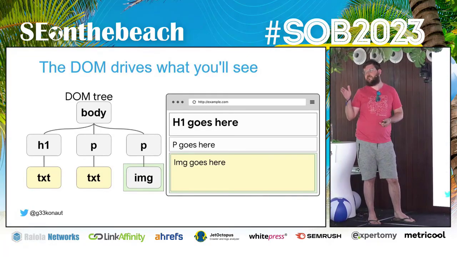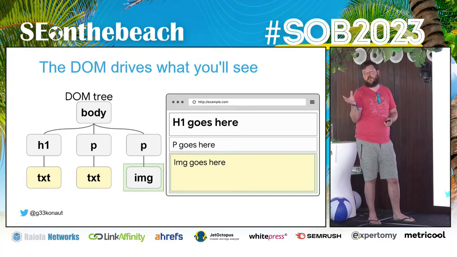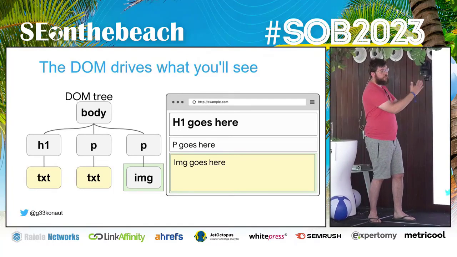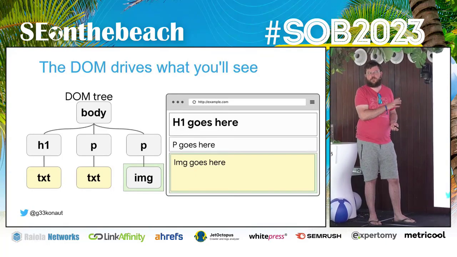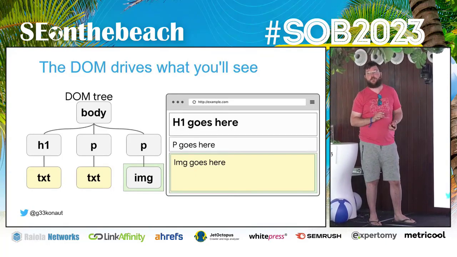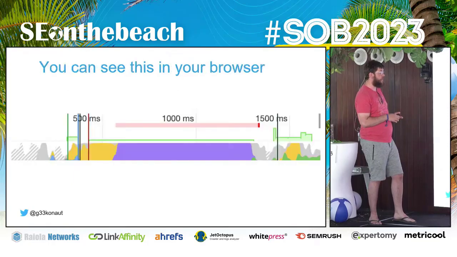This layouting process is not a one-off, it can happen multiple times. For instance, if you're resizing your browser window, or if you're turning your phone from portrait into landscape and vice versa, the dimensions of the window change, so you actually have to re-layout things. Layouting is a relatively expensive process, so if you see a lot of purple in your performance graphs in DevTools, you don't want to see that.